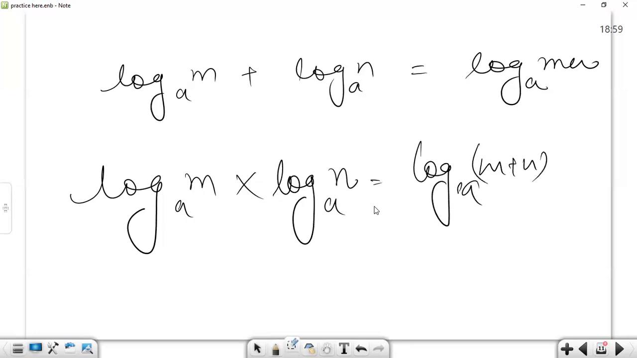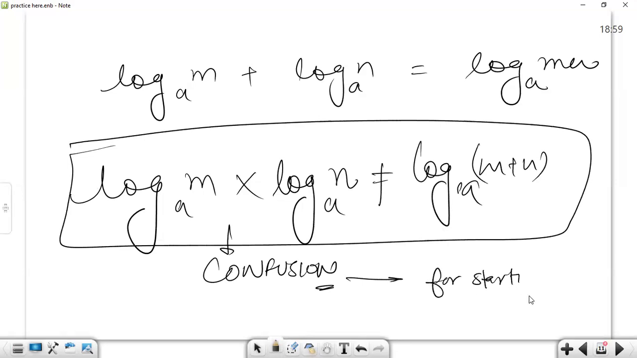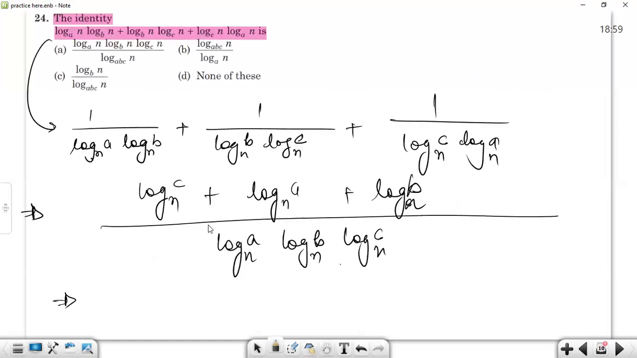No, this is a complete lie. This is not true. And this is a big confusion in logarithm. For starting only, if you are aware about this confusion, then you will not make this kind of mistake. So, are you able to understand that? What is the difference in between these two? Okay. So solving the question further,